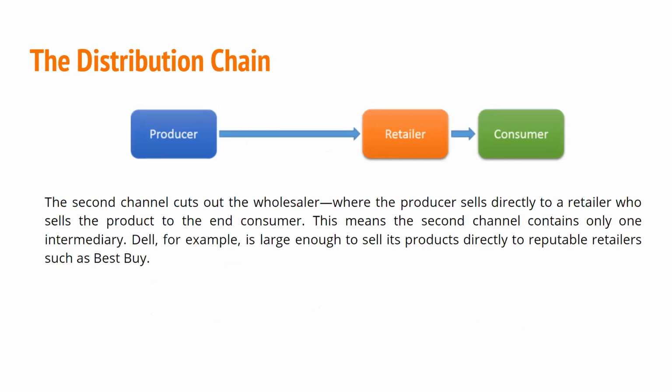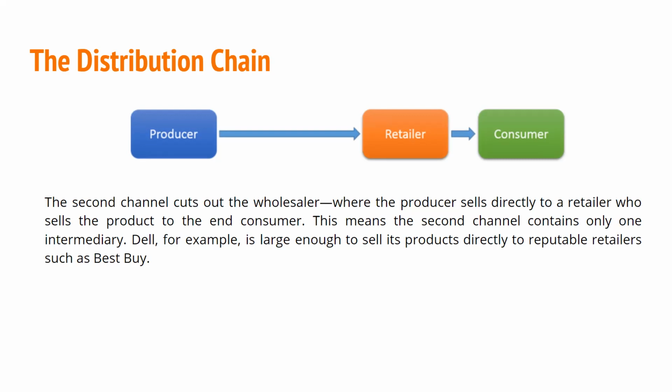The other chain is three components here. So it cuts out the wholesaler. So this is straight from the producer to the retailer to the consumer, right? Basically, there's no intermediary. A good example is Dell, right? Dell is large enough to sell its products directly to retailers. So for example, they may sell to Target or to Best Buy,